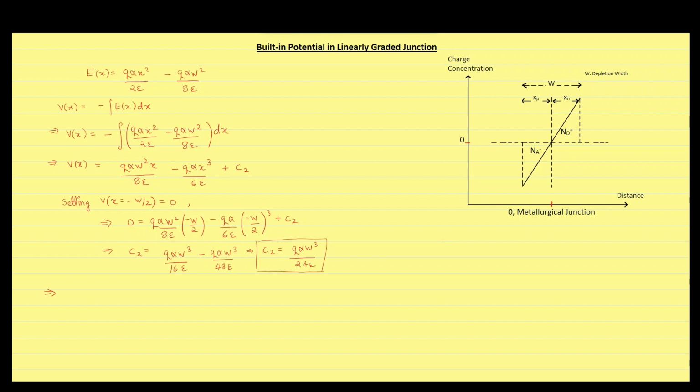After finding the value of C2, we can write the equation of potential difference across the depletion region to be equal to